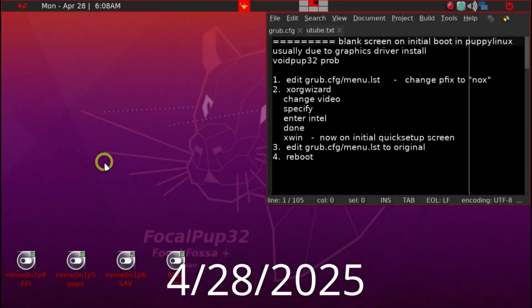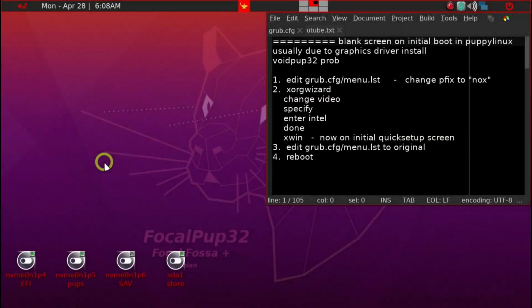Sometimes when you install a PuppyLinux on your hard drive, on first boot you may be left with just a blank screen or a blank cursor that blinks. Right now I'm able to boot into my Focal PUP32, but after I installed a Void PUP32, I get a blank screen. And similarly, I've had several other